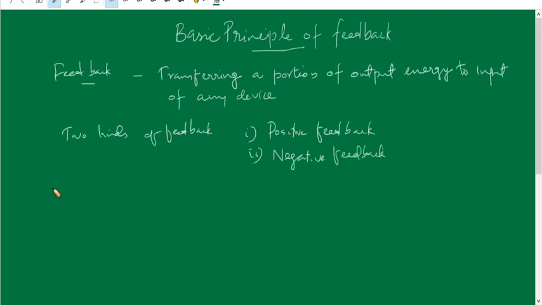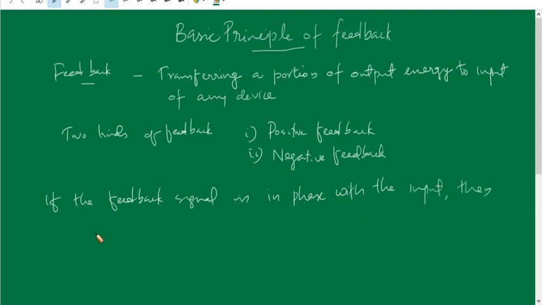Okay, so what is a positive feedback? If the feedback signal is in phase with the input,